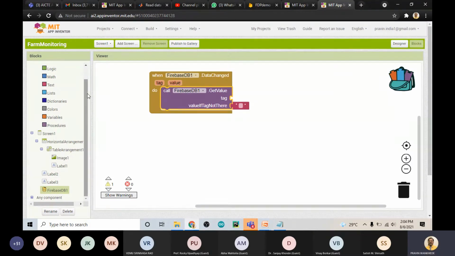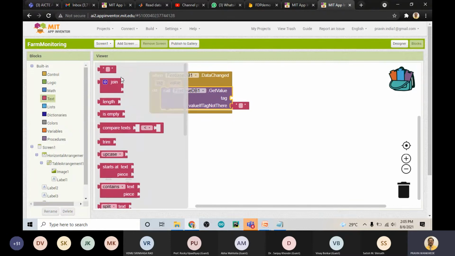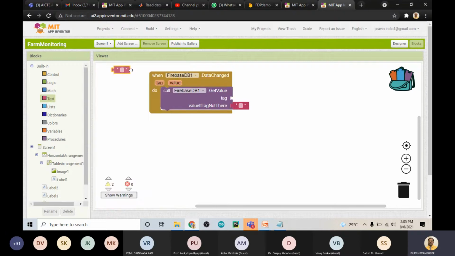For that, just go to a text block. Click here, and at the top this first block is the text string. Drag it and add it.